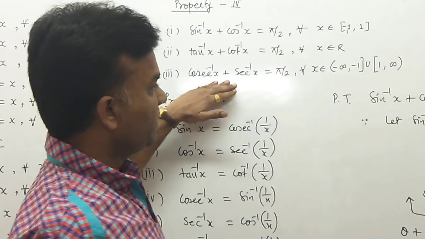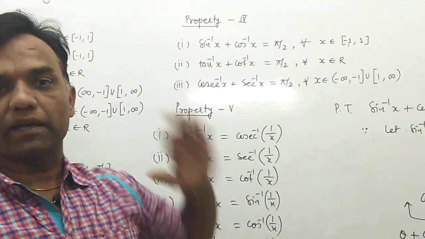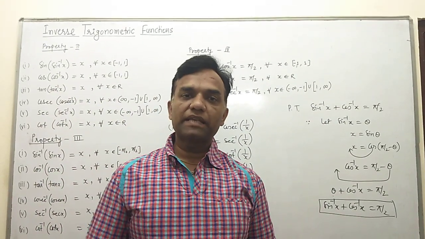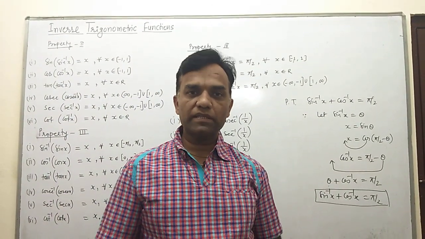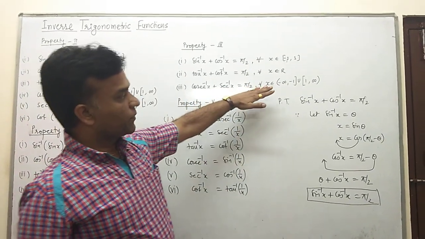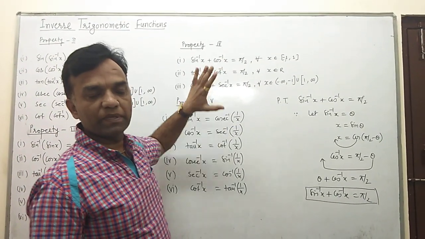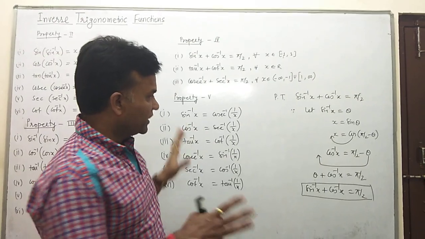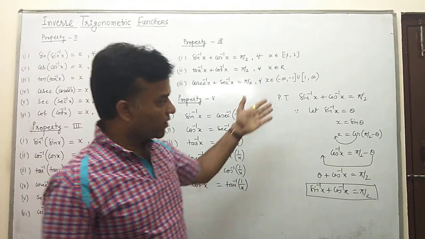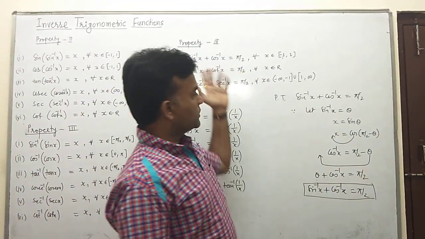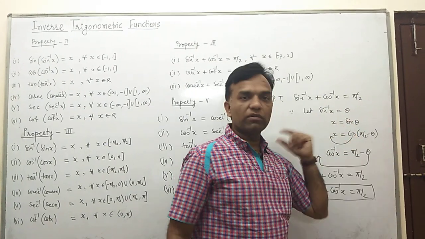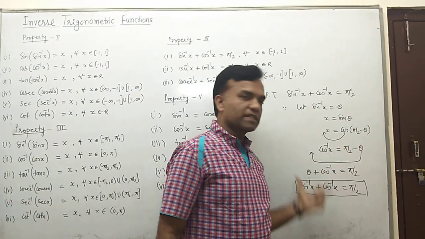Similarly, the same complementary angle relation holds for cosec and sec: cosec(90 minus theta) is sec theta, and sec(90 minus theta) is cosec theta. Their range is different, but the formula and the concept are the same. You only revise the complementary angle concept: assume the first part, then convert the second part into the complementary angle, and you again get the same formula.